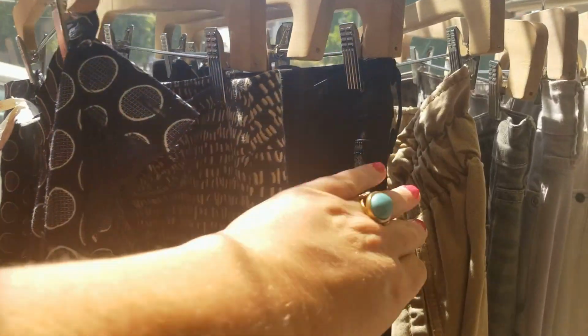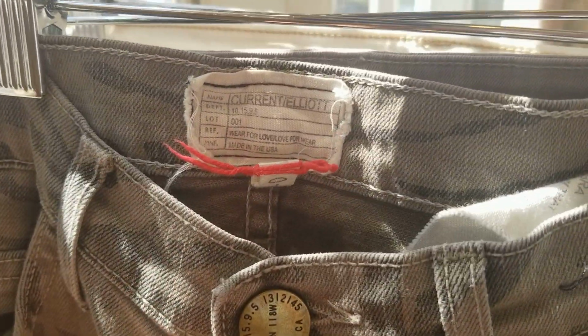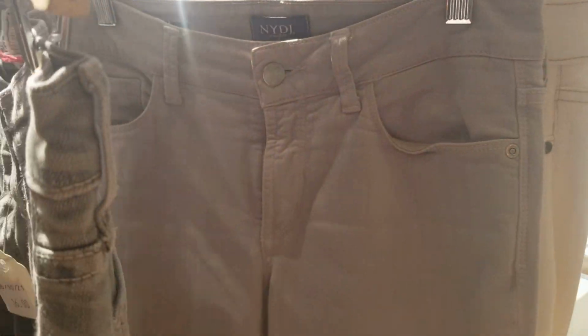Okay, so I only got one item at the first thrift store because they were on to us, guys. They had all the good stuff marked up. They had this section in the beginning of the store with higher end items or designer items or whatever, and it was all the good stuff. Lots of Free People and awesome higher end denim jeans like Frame, Current/Elliott jeans. They had lots of Lucky Brand. These are items and brands that I love to sell, and I would have snatched those up if they were the $4 or $5 items,